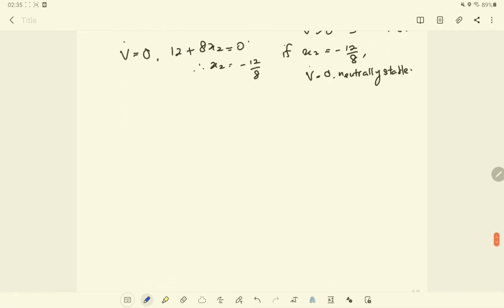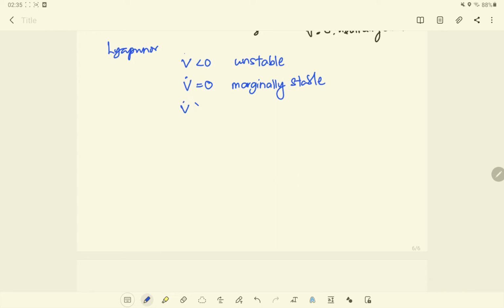Okay, I write it down again so that it will be easier for us to check later on. Lyapunov functions: if V dot is less than 0, the system is unstable. If V dot is equal to 0, the system is marginally stable. If V dot is greater than 0, the system is